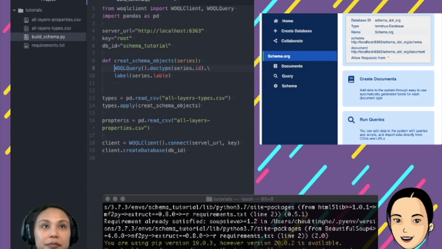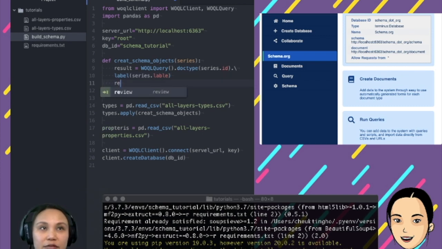I'll save it as result first. That's what I like doing, and then at the end I can return the result, because then I have room to add more stuff and do more complicated things. So return result. Also, if you look at the data, I won't click on it again, but you have to trust me that there's also a comment in the series, in the column.